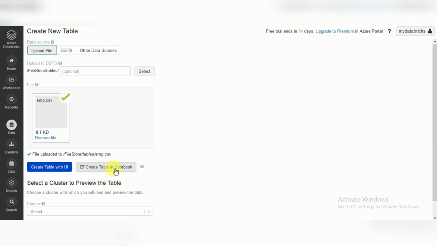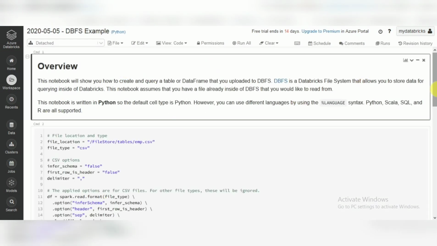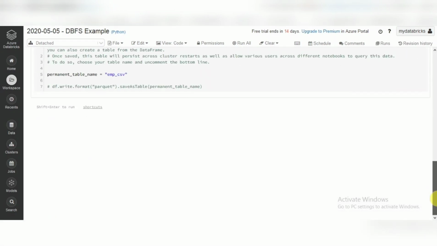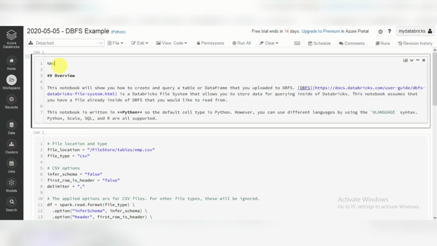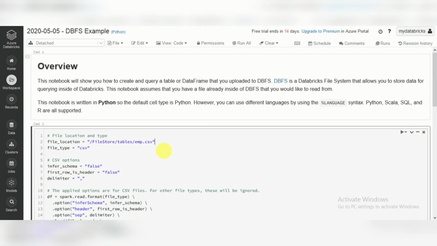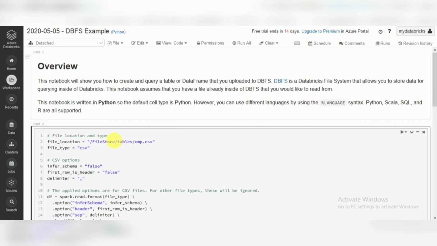And create a table in notebook. This will create a default Python script. For this file, let's create one sample. I will show you how notebooks look. This is a notebook. See the default here. This %md means this is a note. Whatever you are displaying as a note will be written here, and we are saving this as a Python file. That's why by default it executes a Python script.